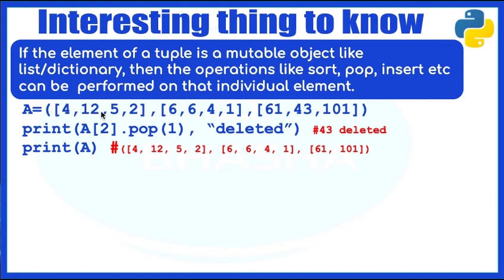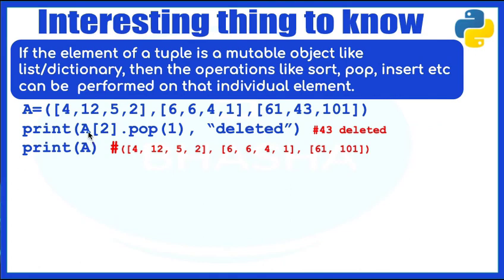The first element is a list. The second element is also a list. The third element is also a list. We know a tuple is immutable. So as a whole, I cannot delete the first element, the second element, or the third element, but I can delete one element from inside the first element. Why? Because my first element itself is a list, and a list is mutable. So the values inside a mutable object can be modified, but the tuple as a whole I cannot change. I hope you're understanding what I'm trying to tell you.